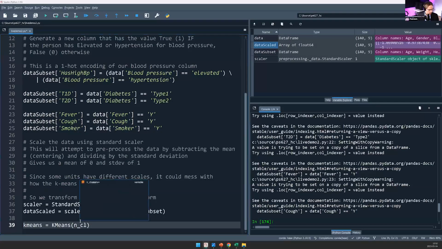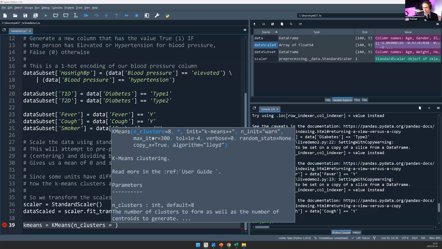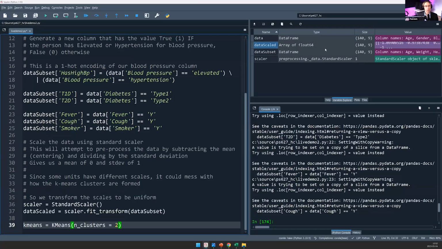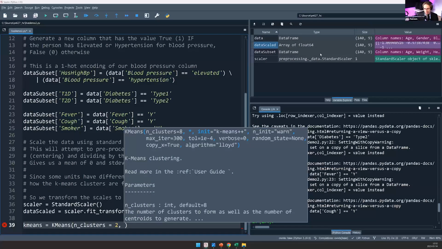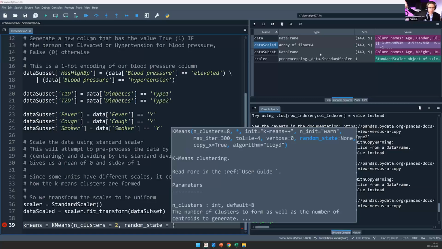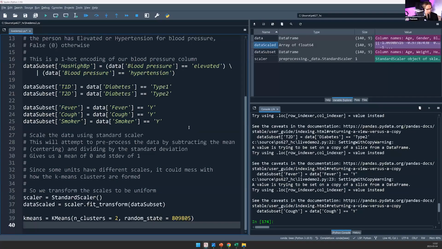And for my number of clusters, let's create 2 clusters. Now, I'm also going to set the random state. Remember earlier, the way that the testing and training data got split up, we could control that random state. I'm going to control that random state again, just for purposes of this example. 809805. That's the random state I'm going to use. I just pulled it out of thin air. So we're going to create 2 clusters, and our random state is 809805. Now let's fit